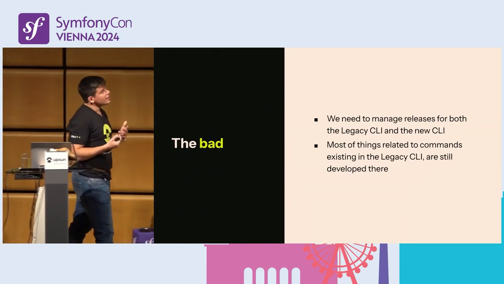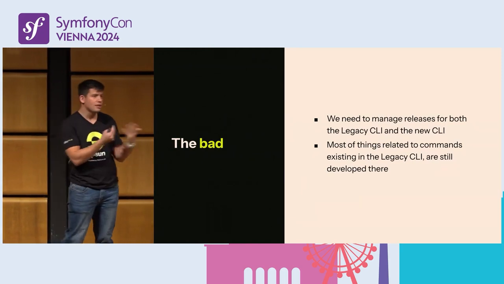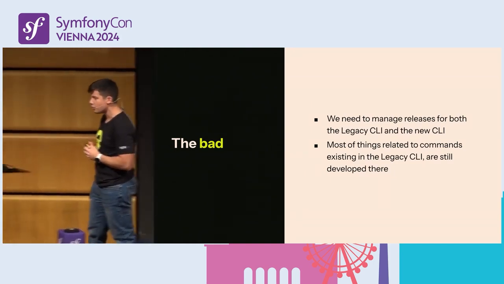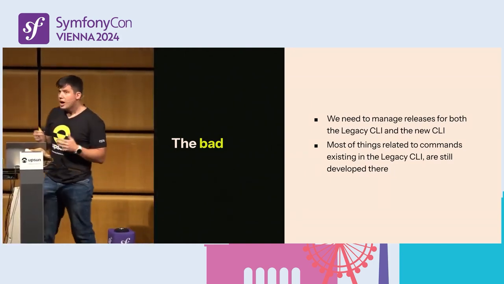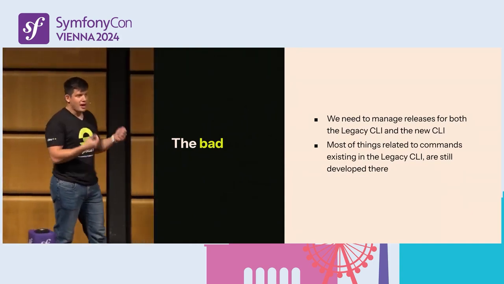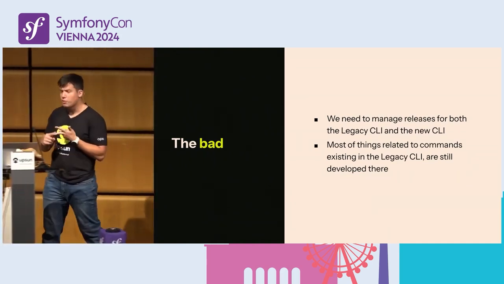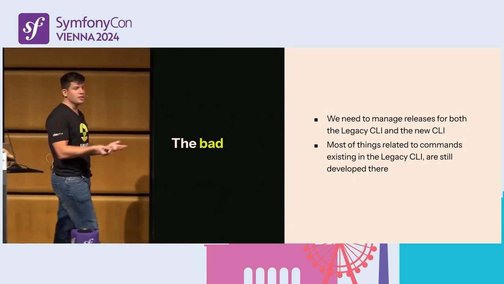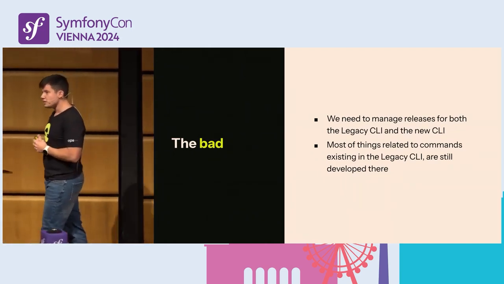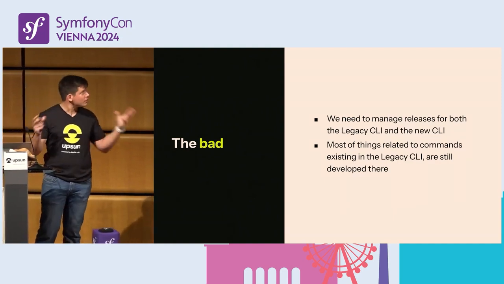The bad thing is that we now have to manage releases both for the legacy CLI and the new CLI. This was something that we knew we would face moving forward, because we had people running the legacy CLI and still using it. We wanted to have, for example, security fixes and small improvements of the commands. And all this code was written in PHP, and we needed to go there and fix it. So we needed to release CLIs on the legacy code alone. So we have to manage both things now and support both things now, which is okay.